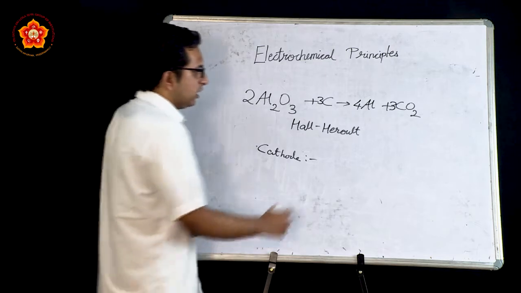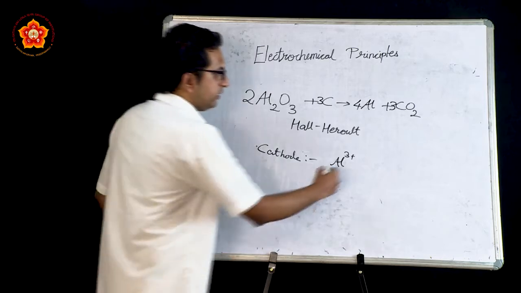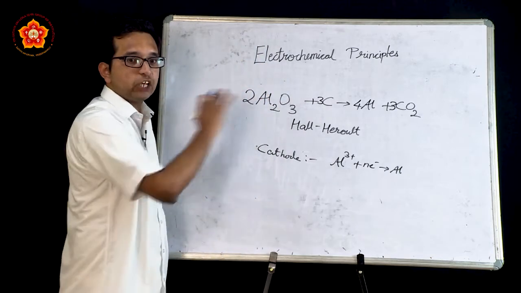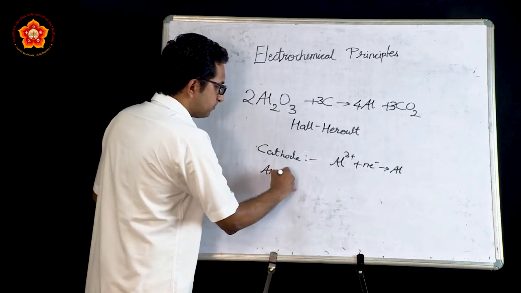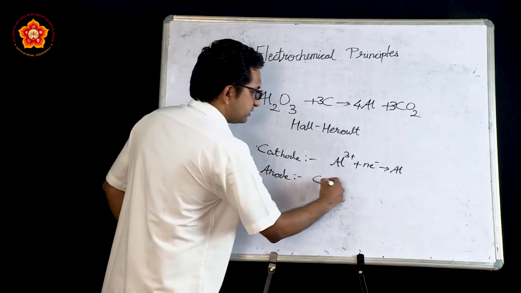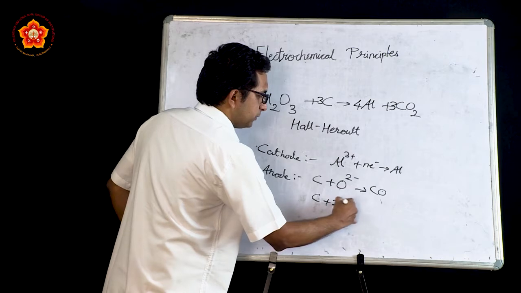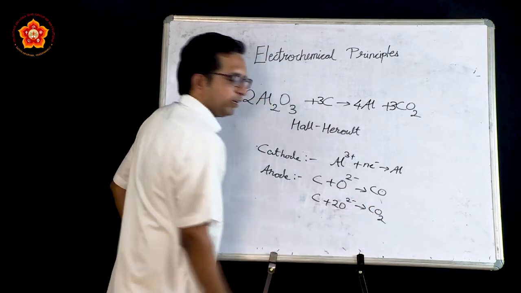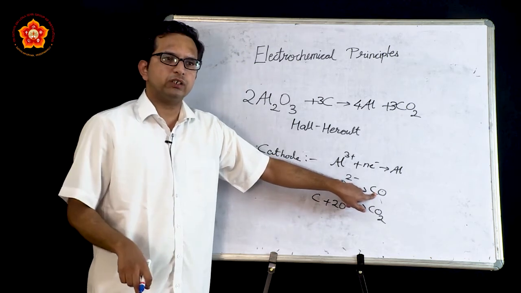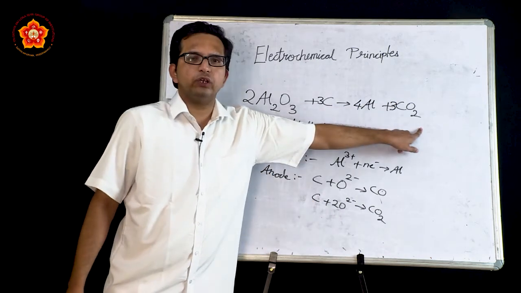So what happens in this case? The aluminum ions will take in the electrons which are present and thereby form the aluminum metal. Then what happens at the anode? Remember that the anode is made up of carbon. So there are 2 possibilities here. One is this carbon reacts with oxygen to form carbon dioxide, or this carbon may react with oxygen to form carbon monoxide. The excess of oxygen that is present will also give you further carbon dioxide, and that is why when you write the reaction, the byproduct is only carbon dioxide.